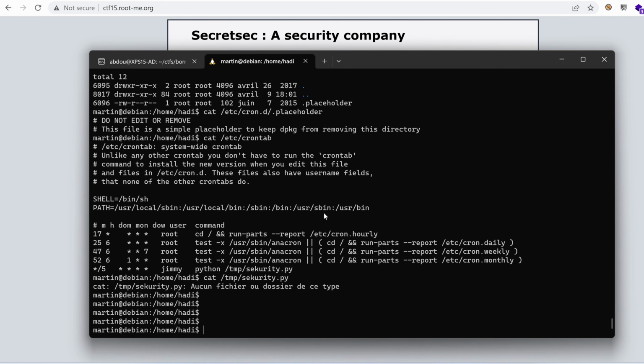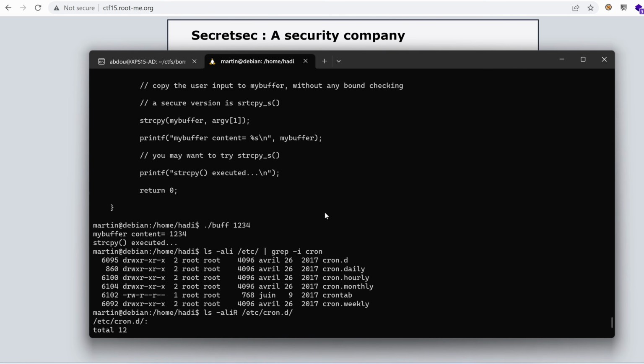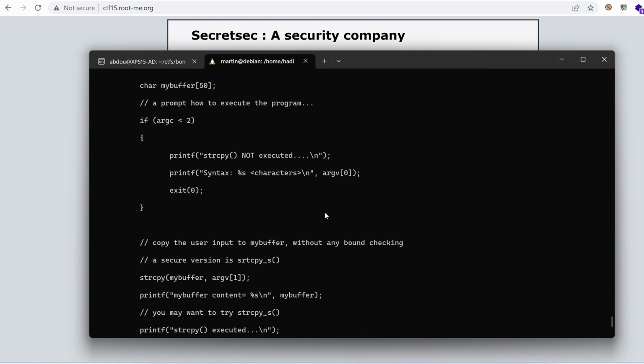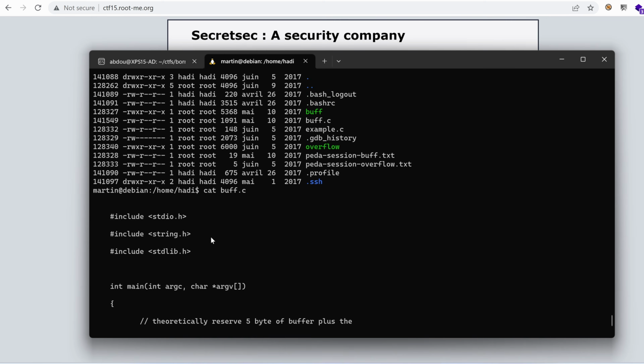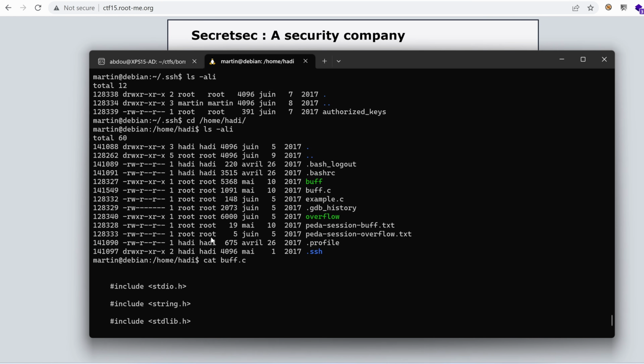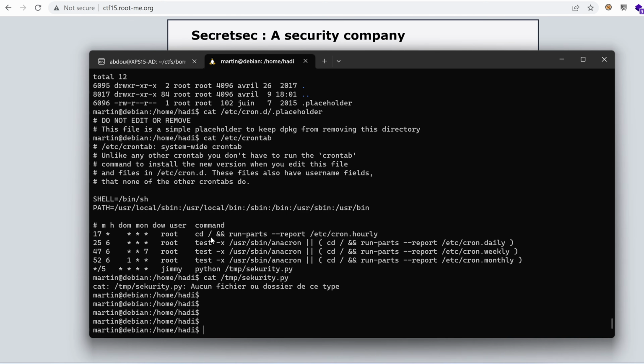Well, why did I look for cron? Yeah, to see if this script was executed somewhere. I don't think so. So let's go with the flow and try to create that file under /tmp/security.py. So vi /tmp/